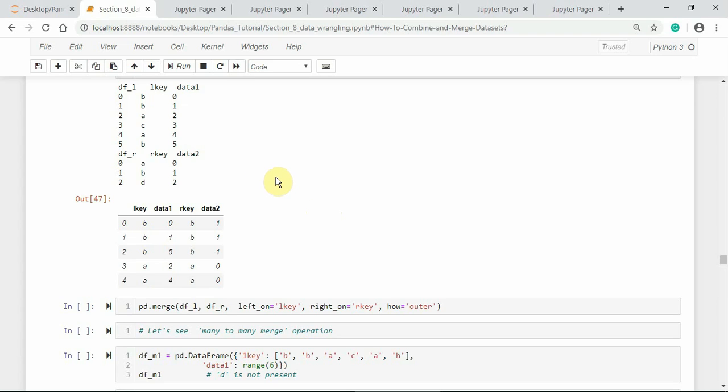This type of join is known as inner join. It takes the intersection of the keys for the merging operation. Here the common values for the left and right key are A and B. They are included, but C and D are excluded.